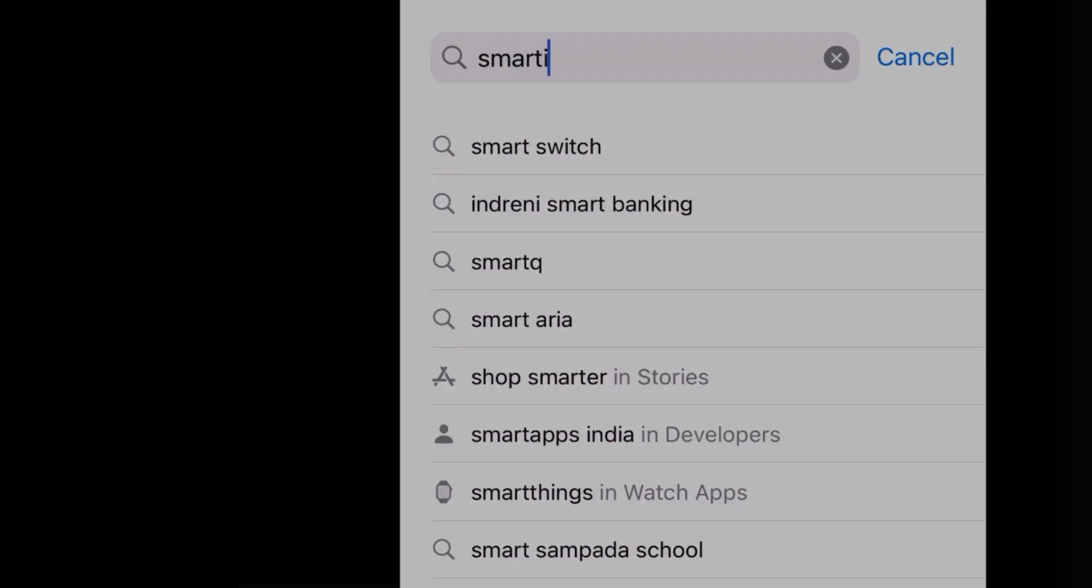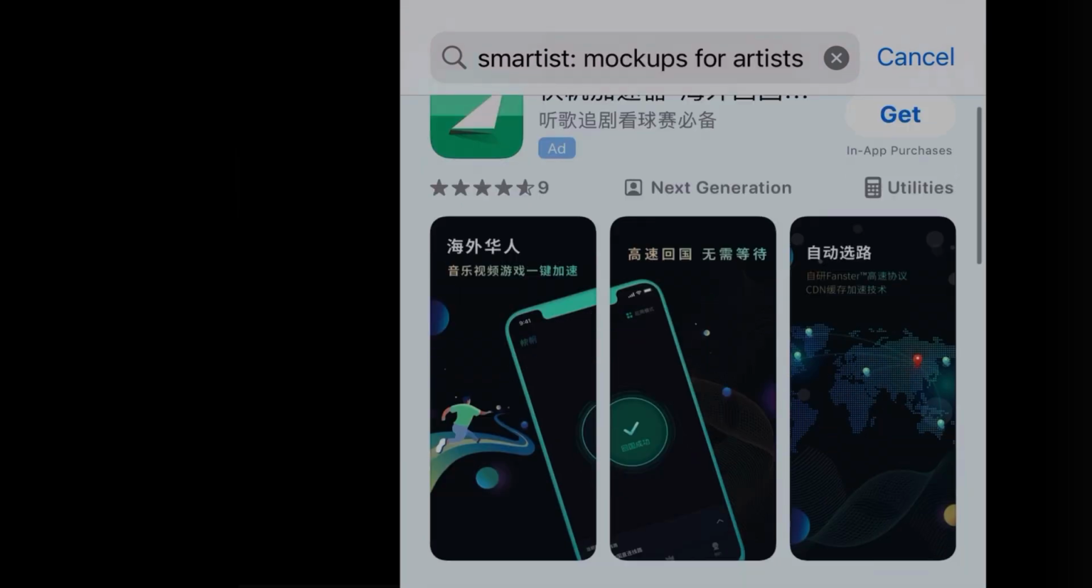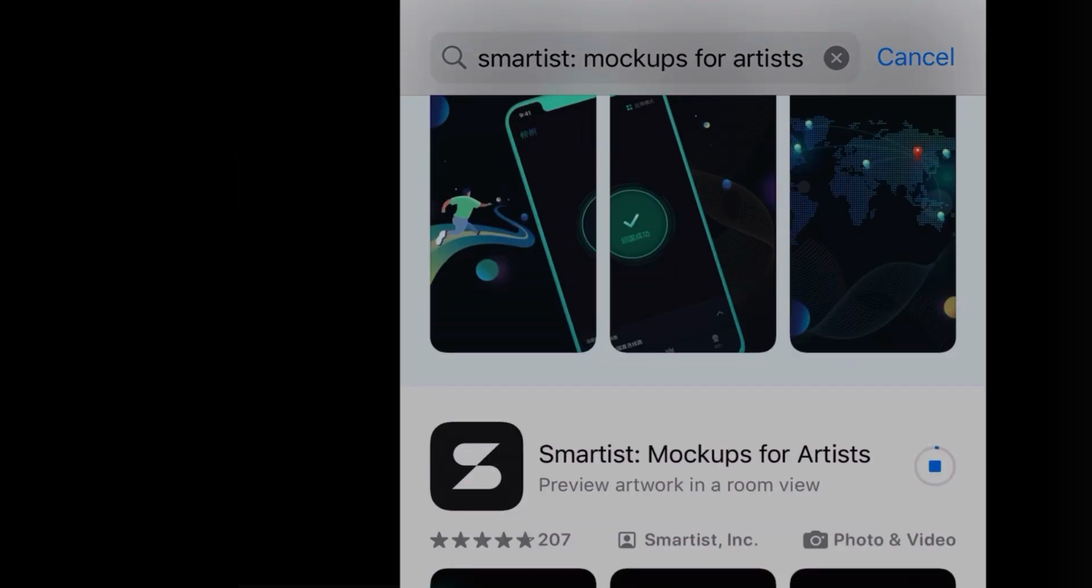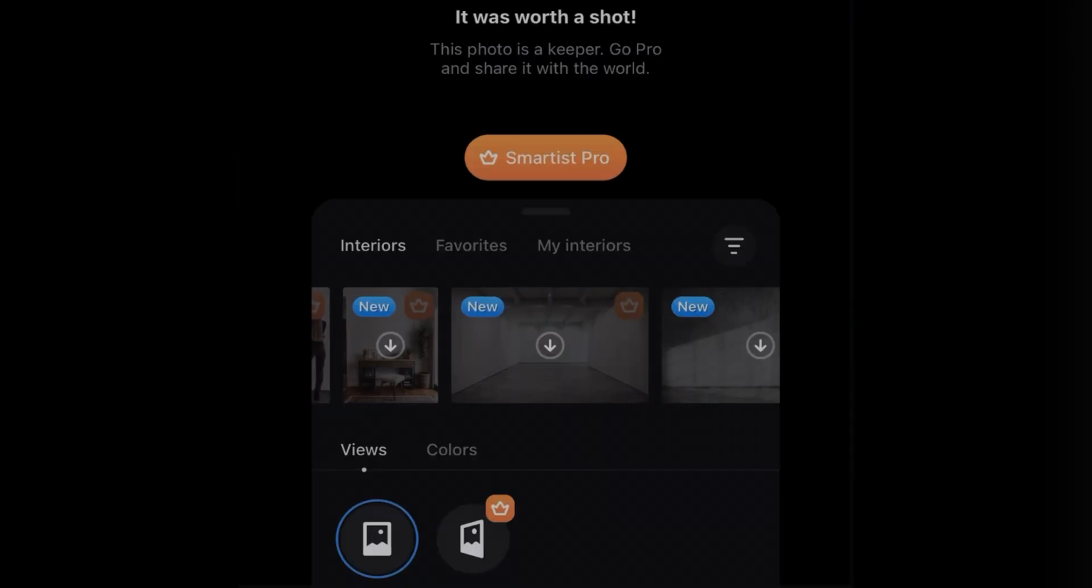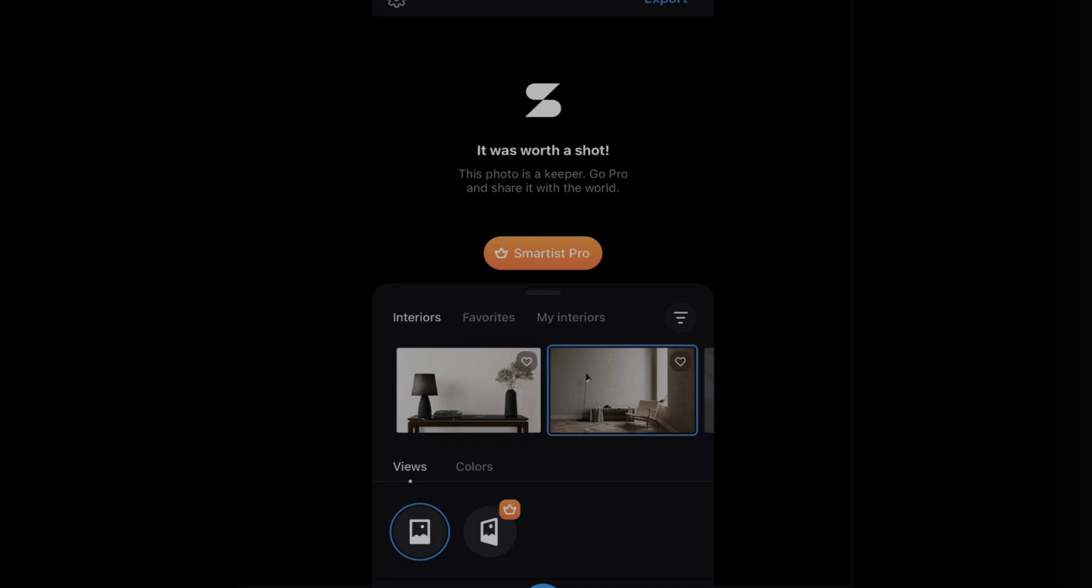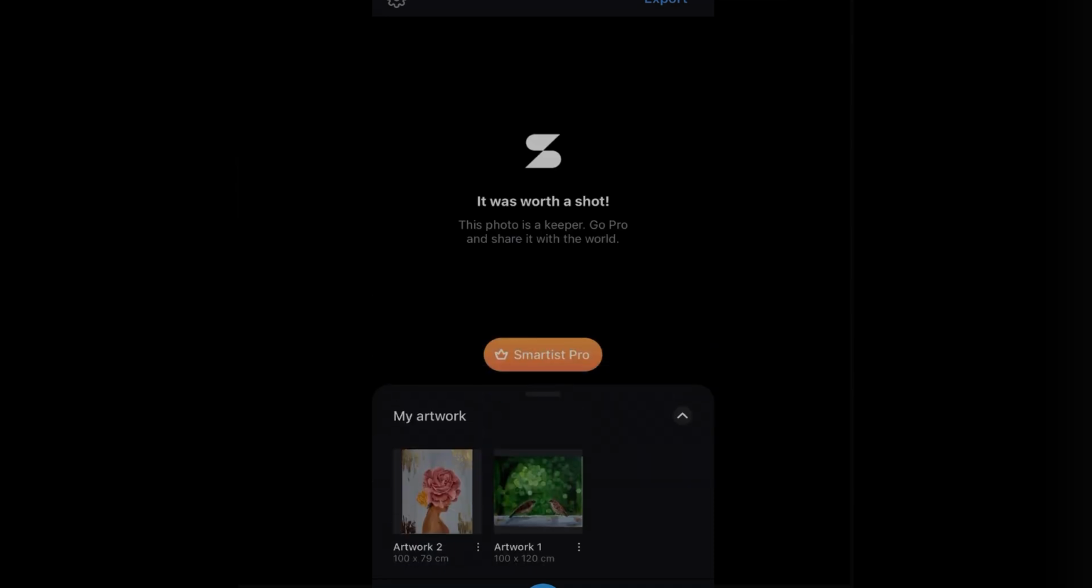The next app I'm going to tell you about is called Smartist. I'm not a big fan of this app because there's very few free options and most of them are paid. But let's still try it for one of the rooms. These are the rooms that it loads, the different interiors. I'll choose one